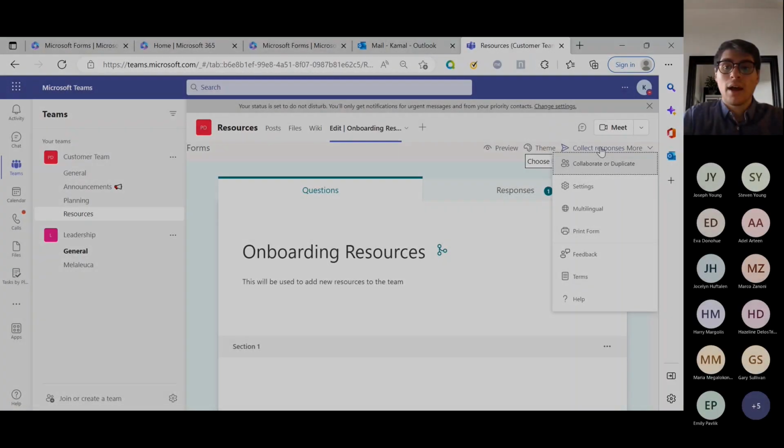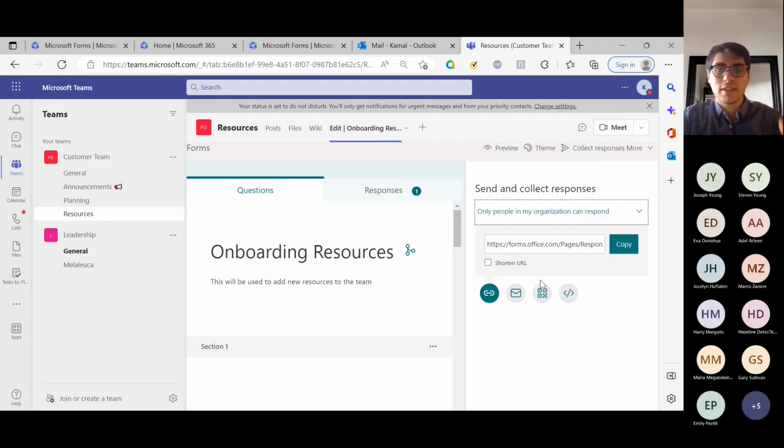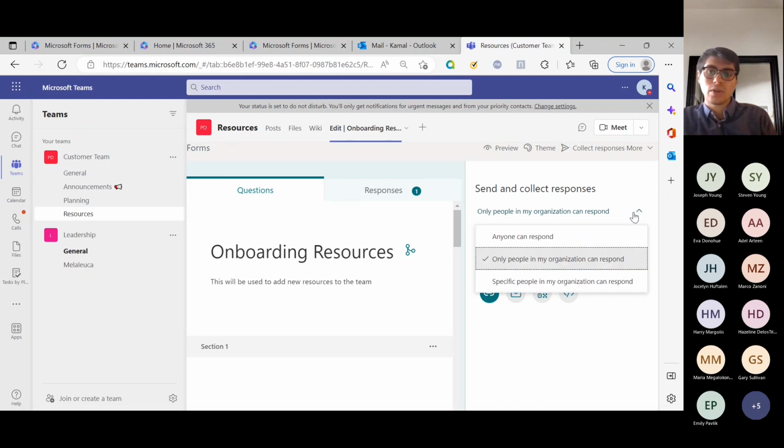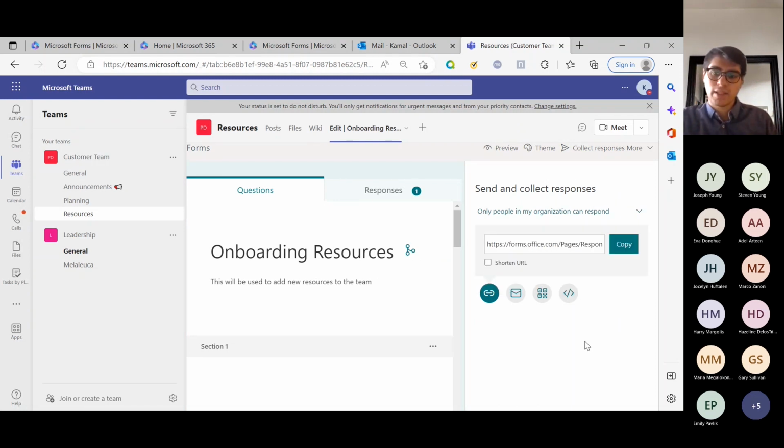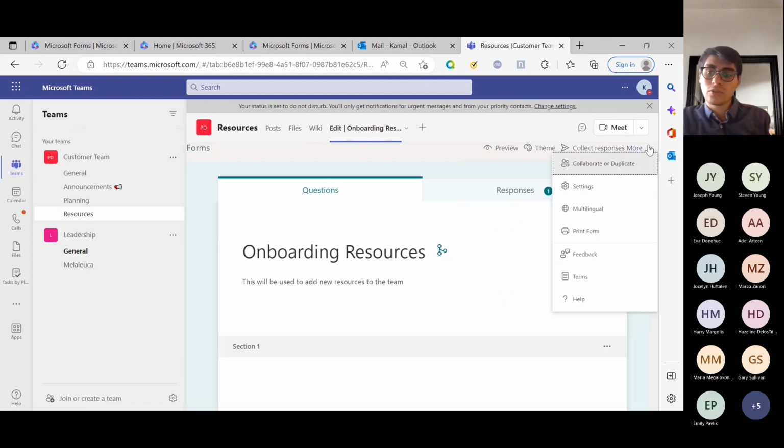Before you collect responses, if I click on this, it's going to give me that section where you can select anyone or something like that. Before you do that, go to more settings. I think Microsoft should move this settings option. If they ask me, I would put it next to preview. This is the wrong location for this setting. And I'll tell you why, because when I click on it, you'll be like, that's what I've been looking for